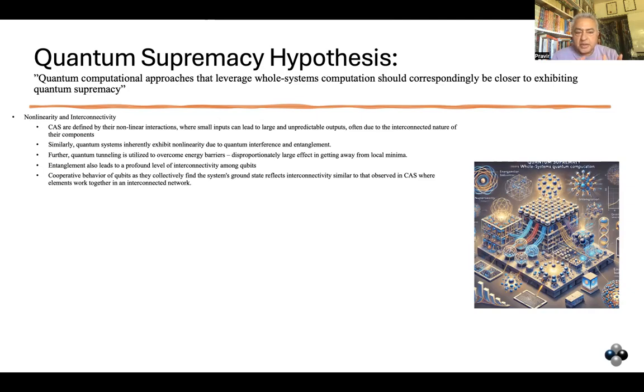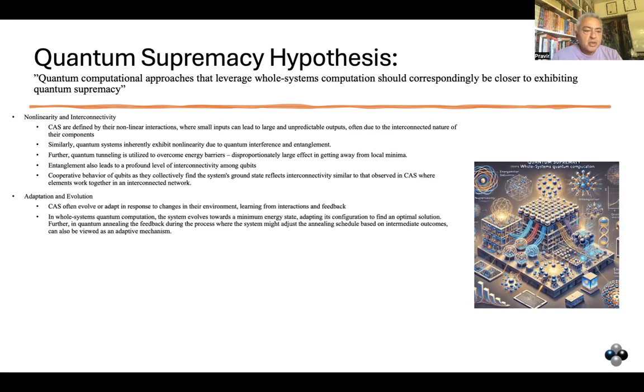Entanglement leads to profound levels of interconnectivity amongst qubits. And so we're seeing that this nonlinearity and interconnectivity that we know is a CAS property also can exist in abundance in certain quantum approaches. When we look at another CAS property of adaptation and evolution, then similarly in whole systems quantum computation, we see that the system evolves towards a minimum energy state and it adapts its configuration to find an optimal solution. And again, the question is, is it crossing a threshold so that that CAS